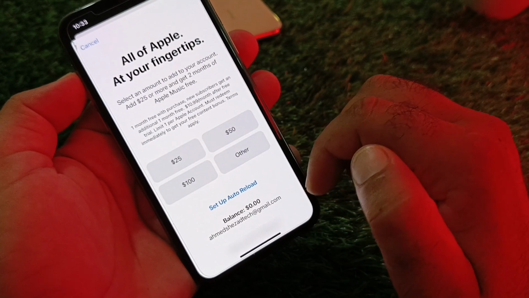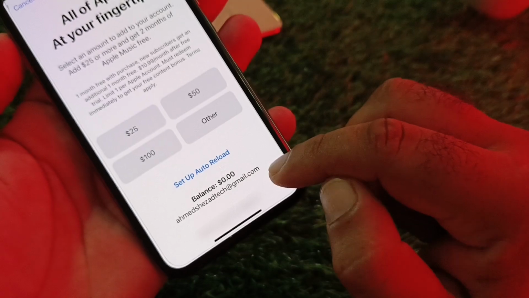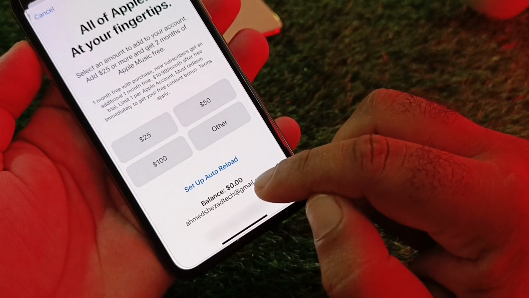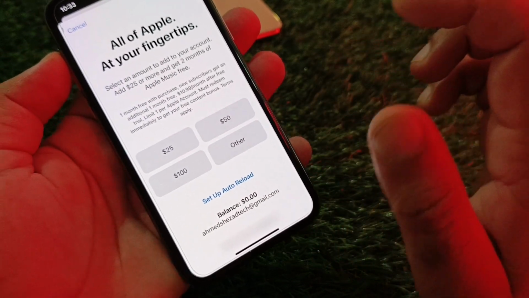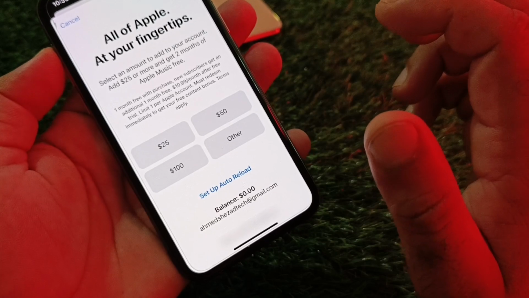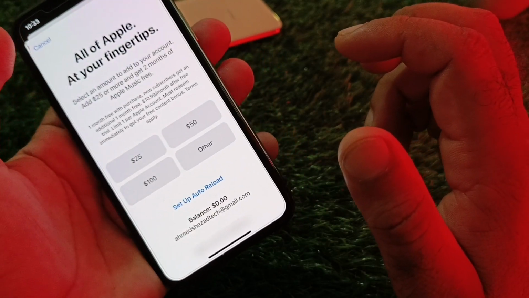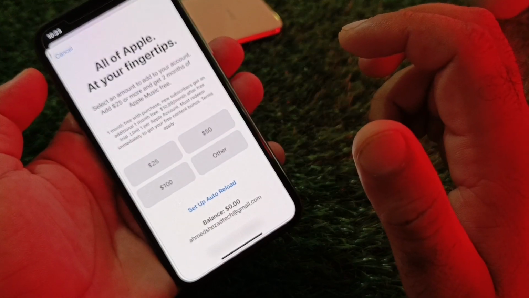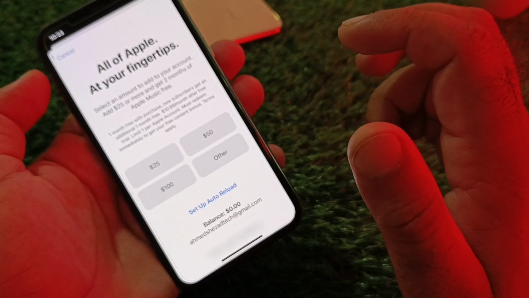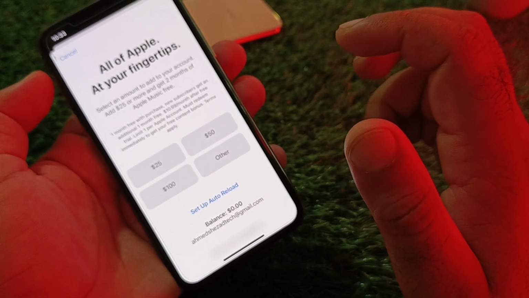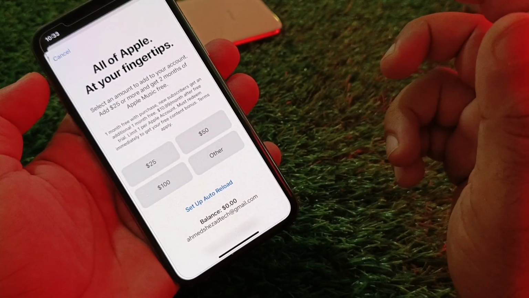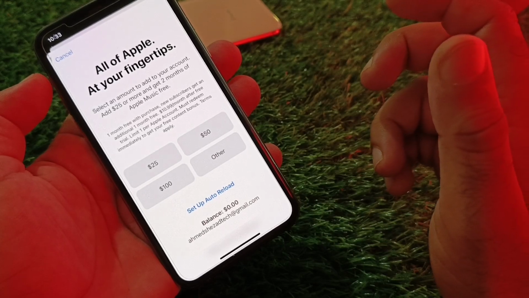So this interface will be open. Here you may see your balance. So if you have a balance of 0.00, then guys you can change your country or region easily. If you do not have a balance of 0, then guys you may purchase any app or subscription and spend your balance, and then you can cancel or remove that subscription,